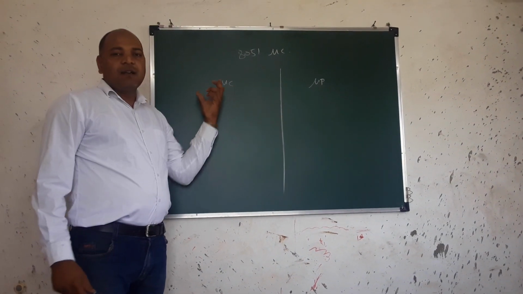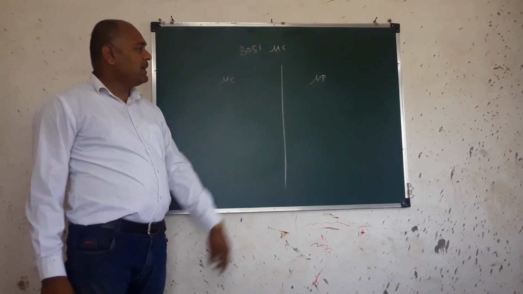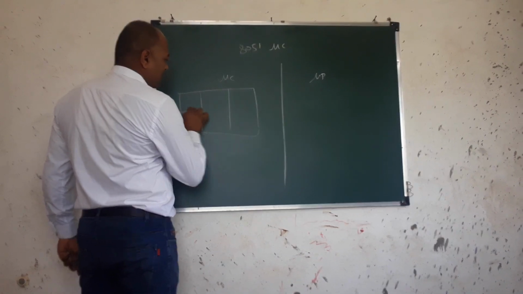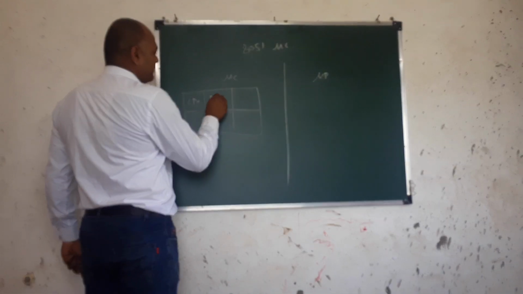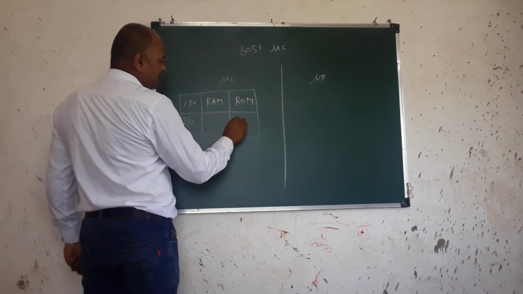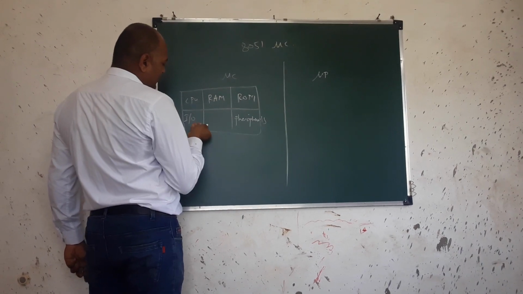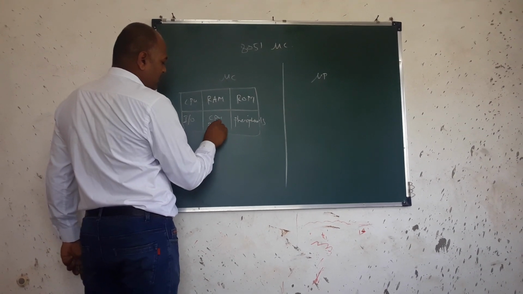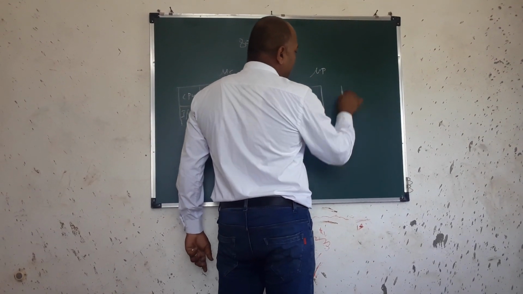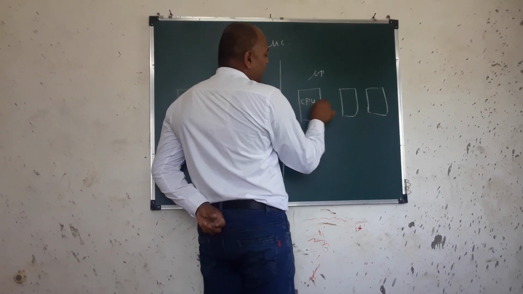In the case of a microcontroller, I/O ports, RAM, ROM, timer, and CPU register are available in a single chip. But in the case of a microprocessor, they are available on a motherboard. This CPU, RAM, ROM, I/O ports, peripherals and CPU register. But in the case of a microprocessor, there is no on-chip RAM or ROM, so they are available on the motherboard.